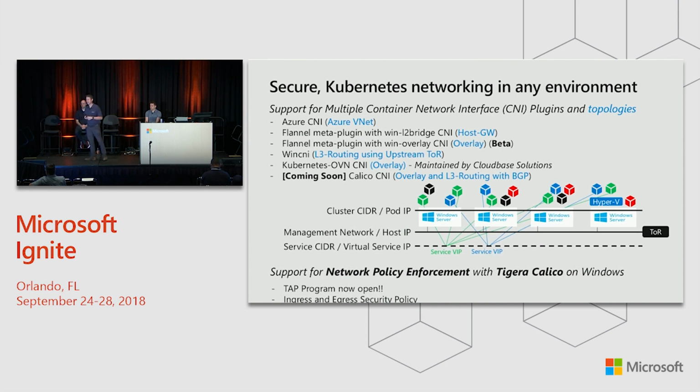The interesting thing about containers is it actually has a few different network segments. We have this thing called a cluster subnet, also a management network and a service subnet. Now, a cluster subnet is really what connects these individual containers or pods to a network. You can think of a pod, this is more of a Kubernetes construct, as a resource boundary where you can have one or more containers running in that. And you have different resource utilization from CPU or disk usage or sharing the same network namespace. All of those are inside of a pod. So you connect your pods or your containers to this cluster network.